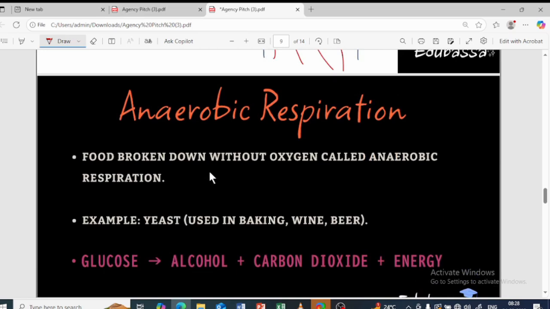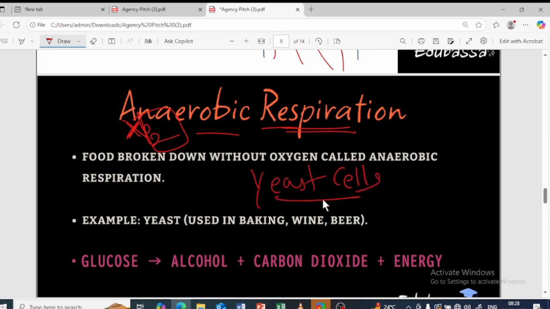Up to now you have learnt about aerobic respiration. Aerobic is with air, anaerobic is without oxygen. So without oxygen the respiration is taking place. Respiration means what? Breaking down of the food to produce energy, right? So without oxygen the breaking down of the food takes place for the production of energy, then it is called anaerobic respiration. So where does it take place? Obviously in human beings it will not take place because we respire, I mean we breathe in, right? Yes. So it takes place in yeast cells because yeast cells don't undergo the breathing process.